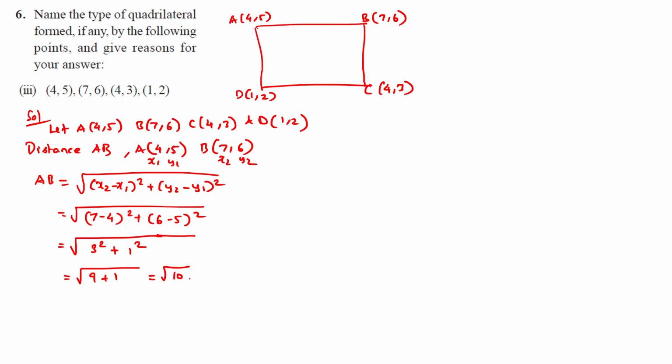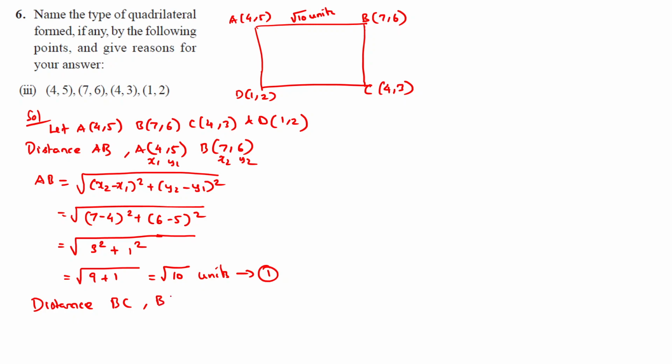Root 10 we cannot simplify because we can write root 10 as a root of 2 into 5. We could not take anything as common. So leave as it is. Take this equation number 1. So we can write here we are getting root 10 units. Now we need to find the second possible distance. So distance